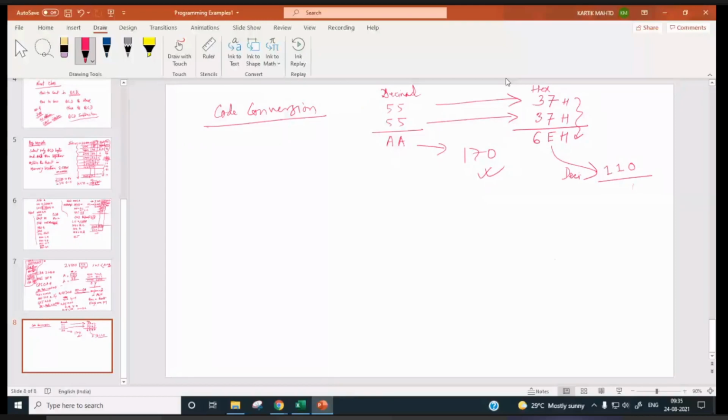So decimal to hex conversion, hex to decimal conversion.